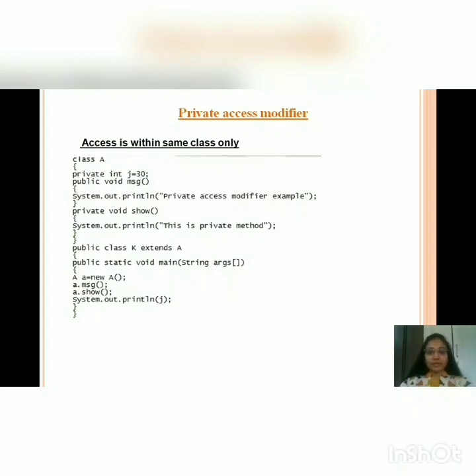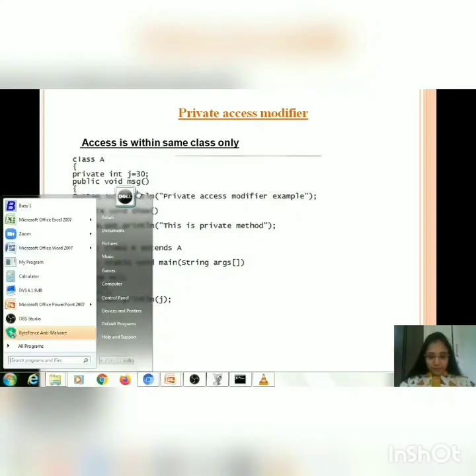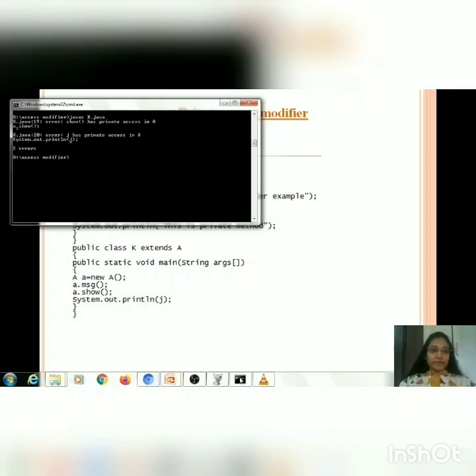So if I run this program, I will get a compile time error. Let's see. See, two errors are there.